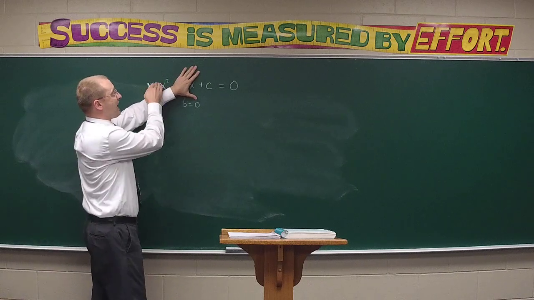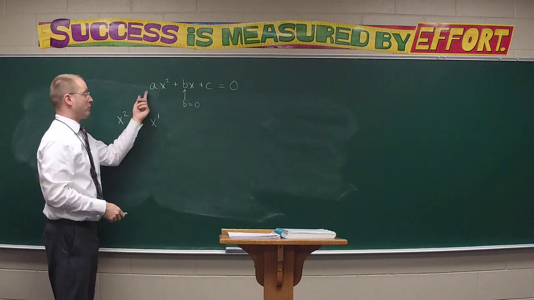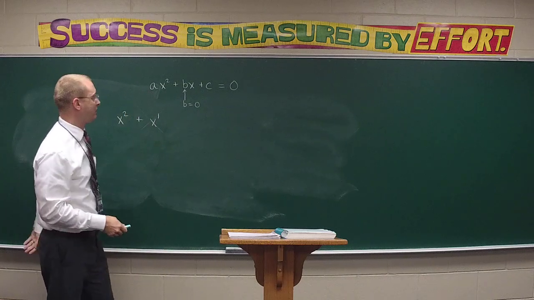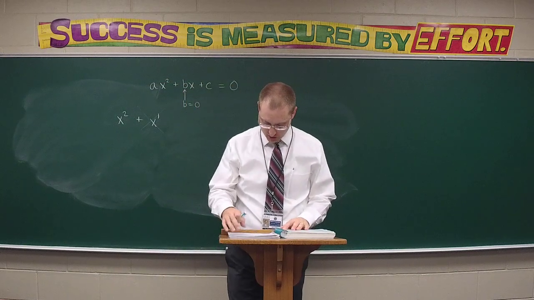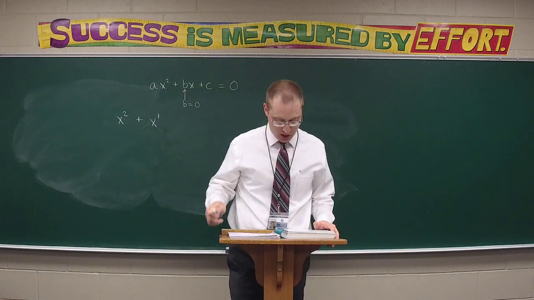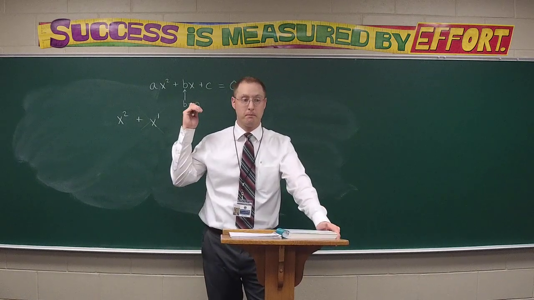So what we would do is we'd isolate the x squared, getting it by itself, and take that square root. We really would like it if a is a 1. That really makes life easier if it is. But that's our quadratic form. We're going to look at that a little bit more today as well. But for the incomplete, I just said it a moment ago, class, for an incomplete quadratic, step number 1 is to